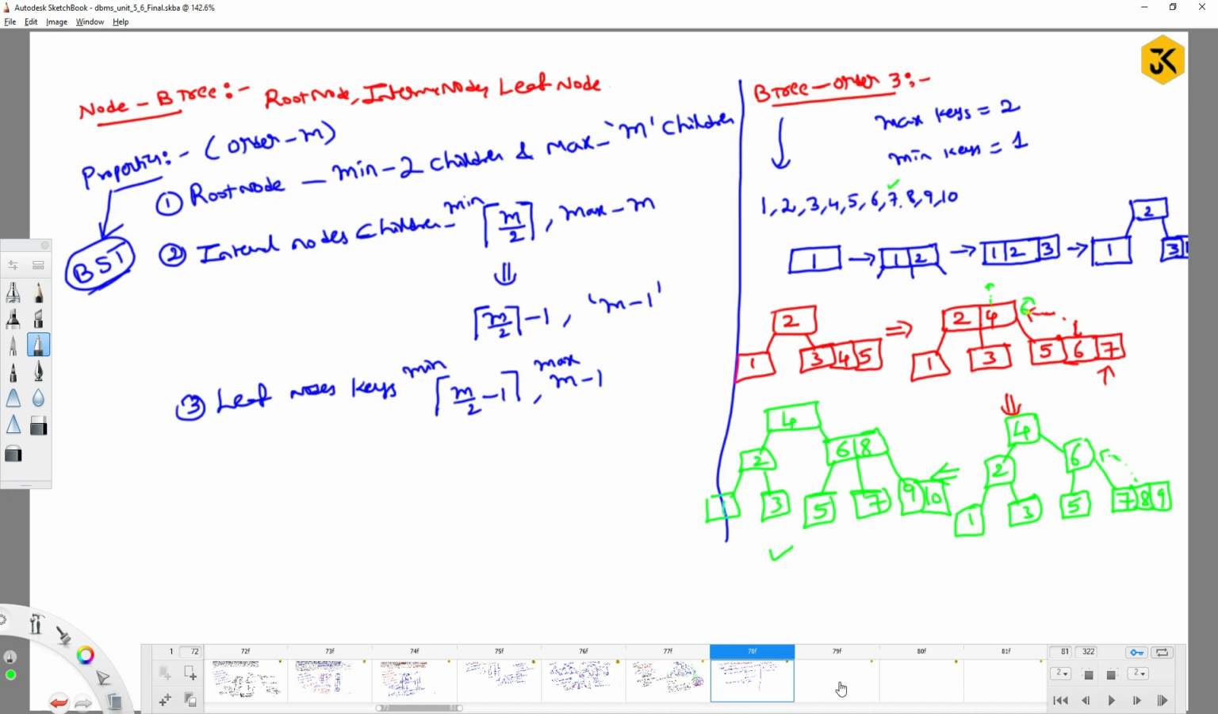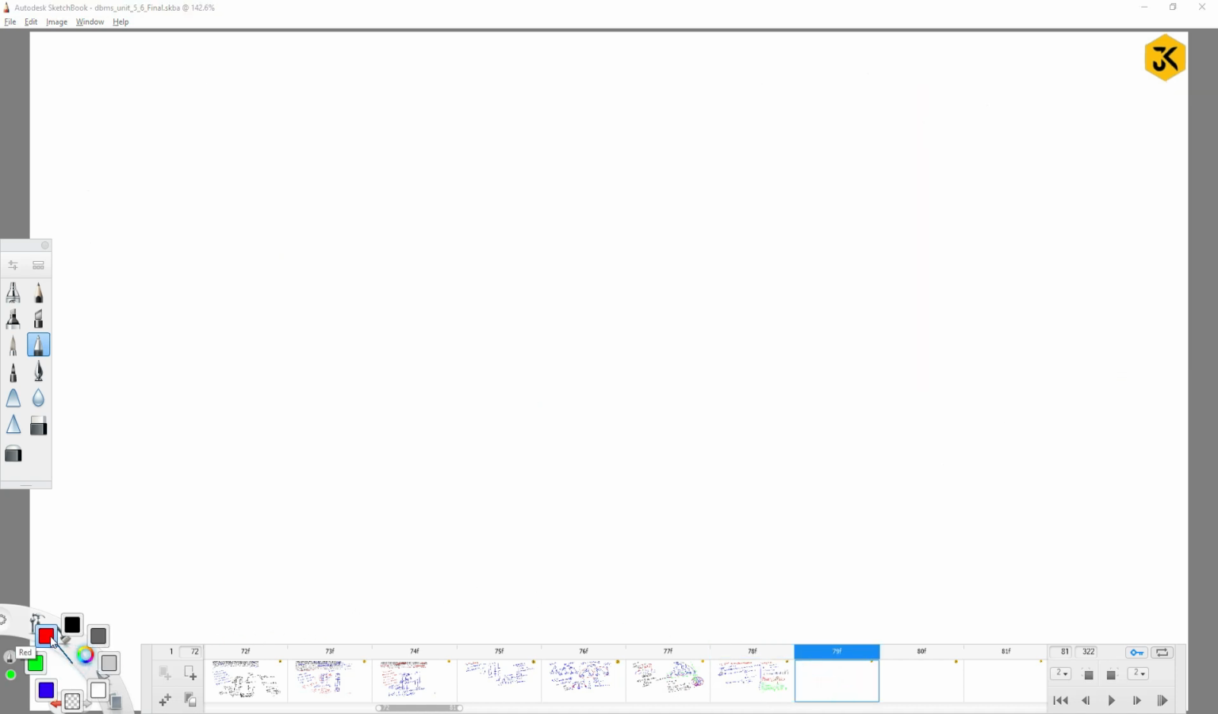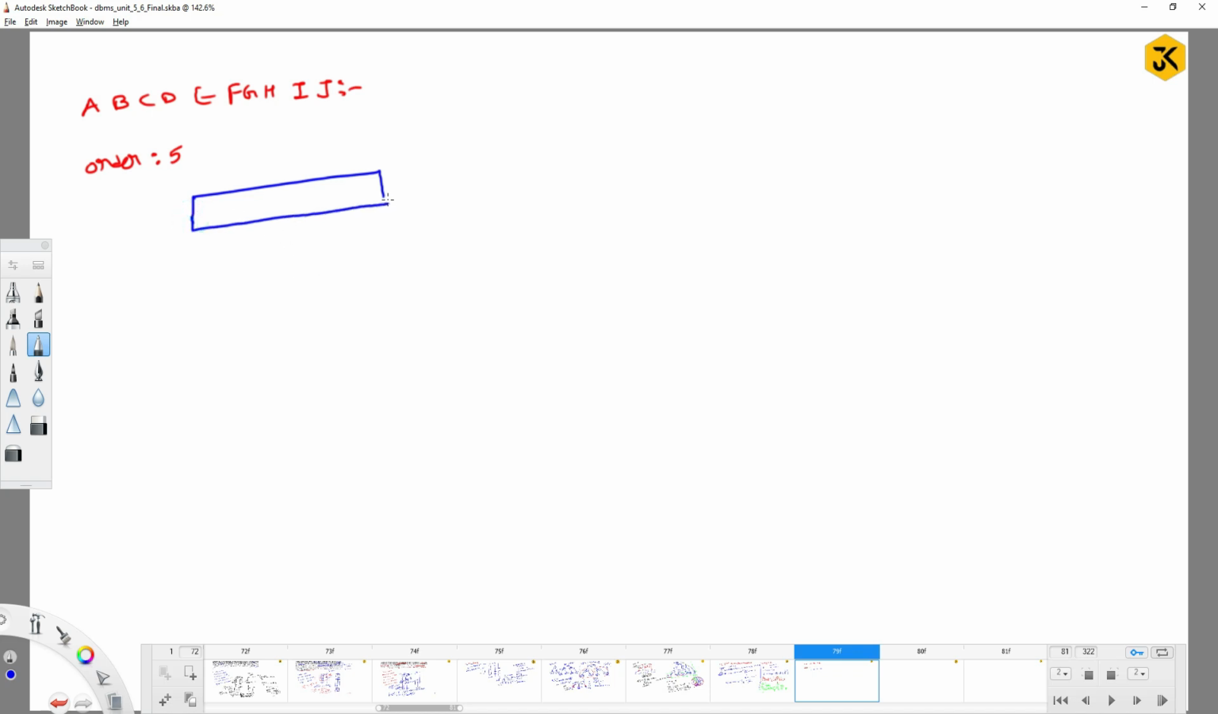Okay, fine. For example, let us try to construct one more. It will be an easy one, right? I am going to have the data something like this: A, B, C, D, E, F, G, H, I, J, right? If it is a B-tree of order 5, then how many maximum keys can I place? Yes, I can place a maximum of 4, right? A, B, C, D. For example, if I try to place one more value, E, then there will be a